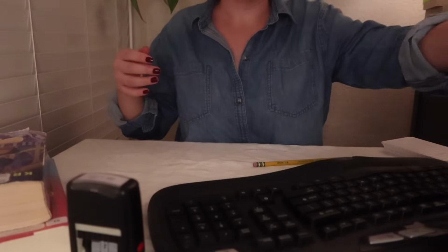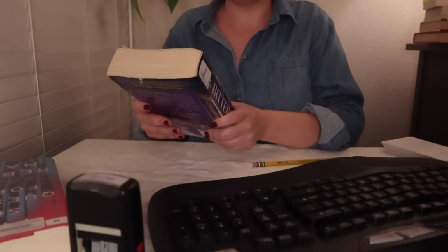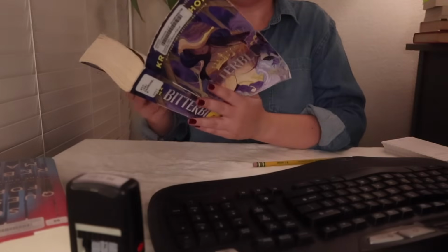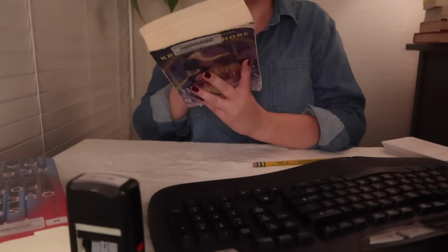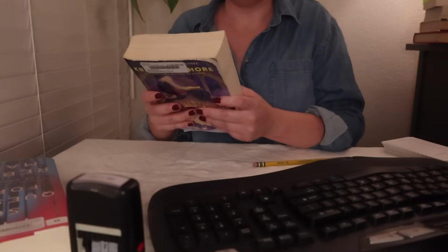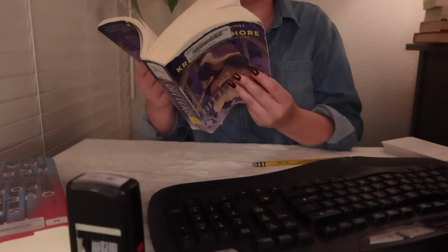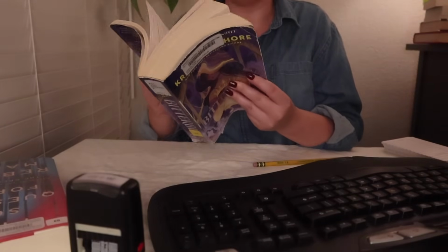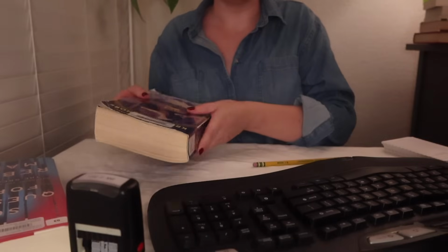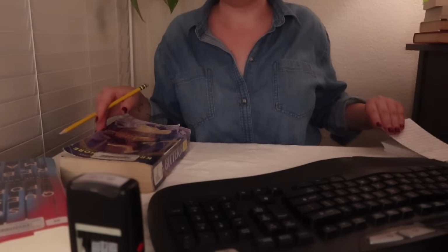That's all done. Next we have Bitter Blue. I don't think I've read this before, but it looks interesting. It's a very thick book as well. I think it's like 500 pages. That's quite a bit. The fantasy YA books tend